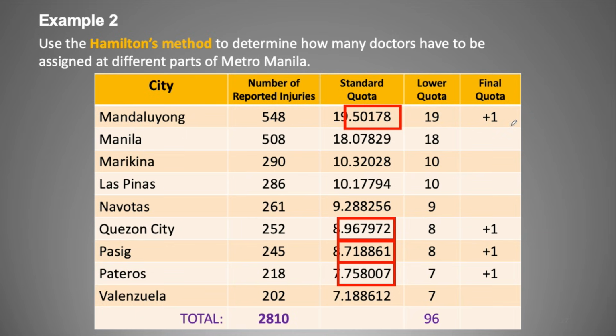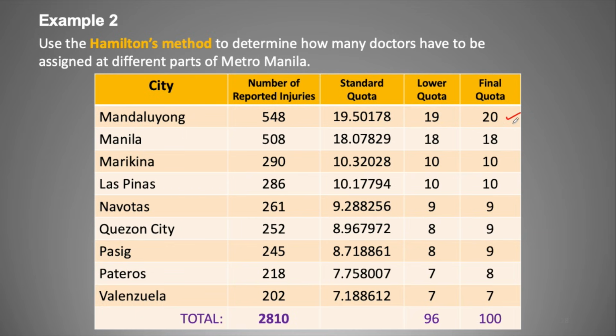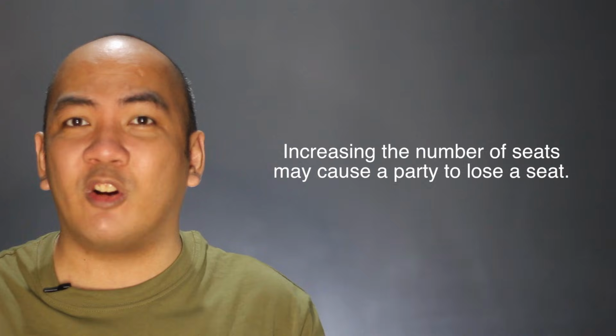And that leaves us with 20 doctors to be assigned in Mandaluyong, still 18 for Manila, still 10 for Marikina, 10 for Las Piñas, and 9 for Navotas. Then 9 for Quezon City, 9 for Pasig, 8 for Pateros, and still 7 for Valenzuela, having a total of 100 doctors. Now, the problem with this method is that increasing the number of seats may cause a party to